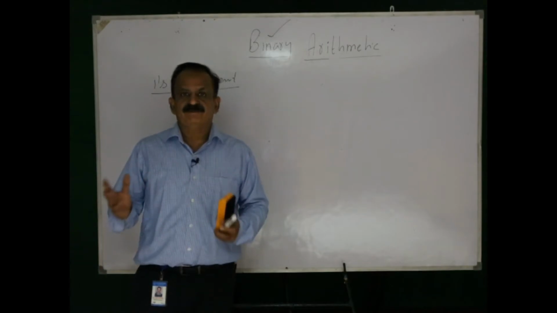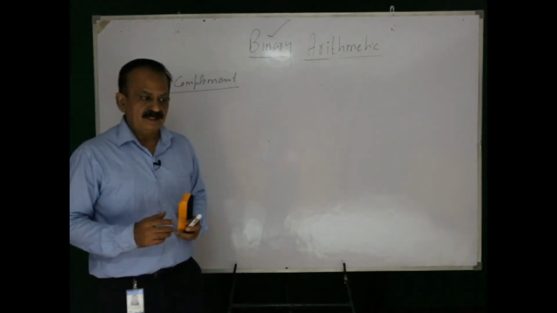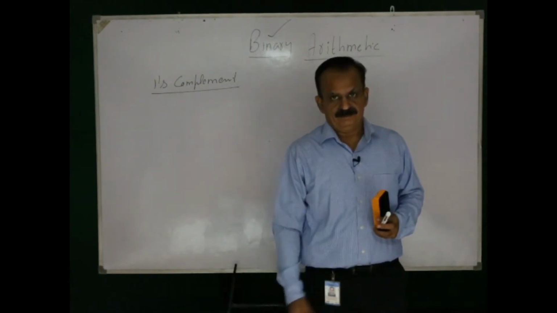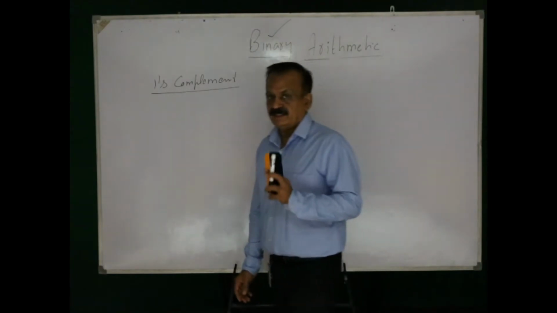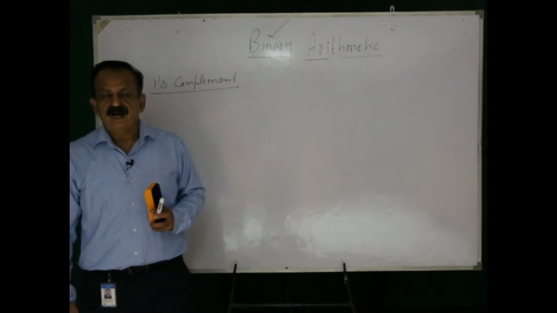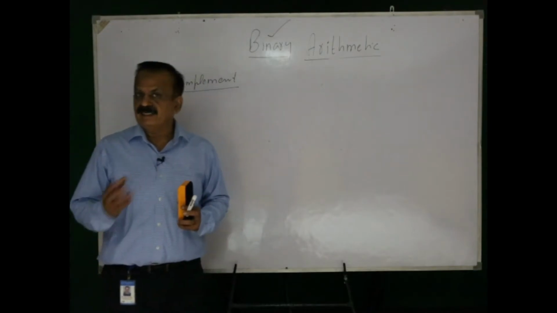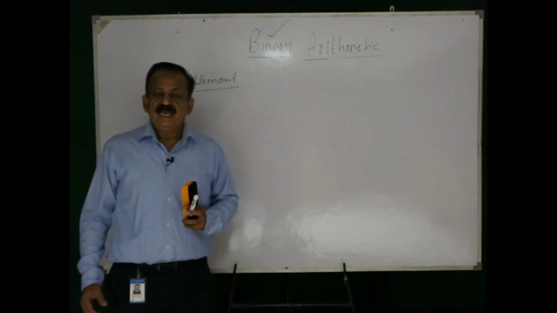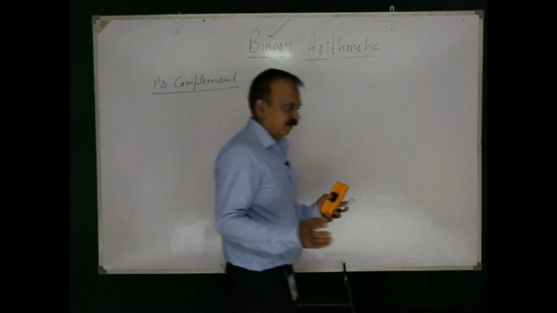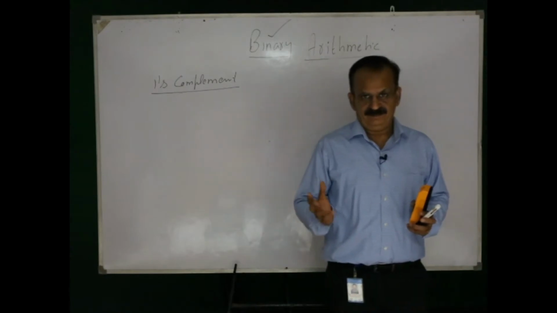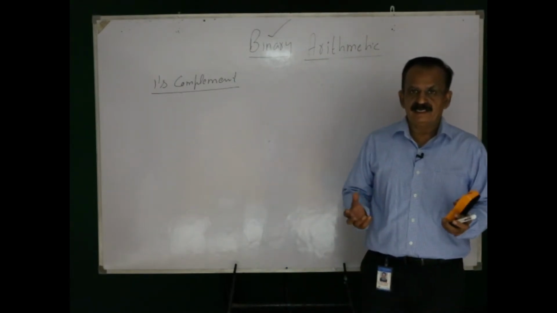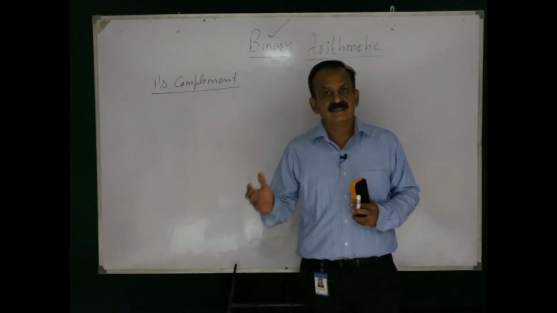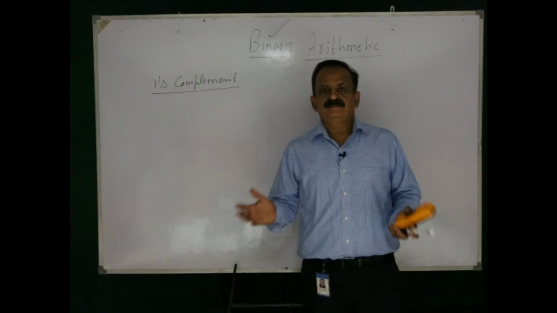answer will be positive, and that carry, that end around carry will be added to the number. I said after addition, if there is a carry, answer will be positive, and that end around carry will be added to the answer. And if there is no carry, the answer is negative. If there is no carry, the answer is negative, and it will be 1's complement of the result after addition,